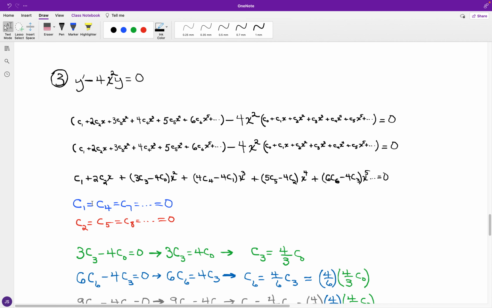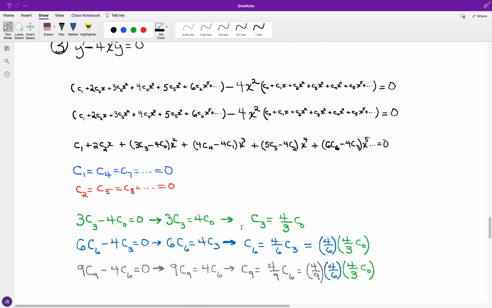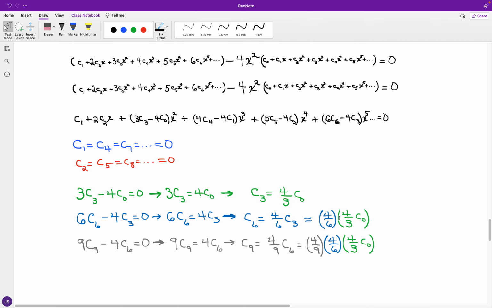Okay, c sub 2 goes to 0, and anything that pairs up with it and spins off from that is going to go to 0. So we have c sub 2, 5, 8, 11, 14, all those will go to 0. But for what we have in the mix-up, we have 3 c sub 3 minus 4 c naught equal to 0, and putting c sub 3 in terms of c naught,